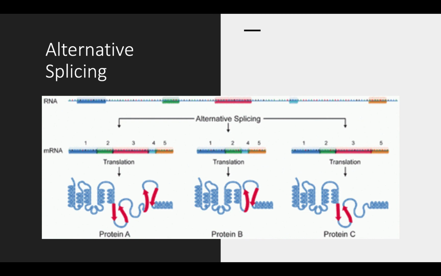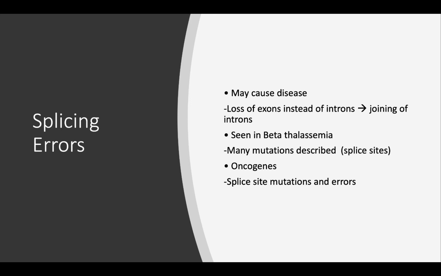Can errors happen in splicing? Yes, splicing errors are present. What can happen? Obviously, you might remove an exon by mistake, or keep an intron that you should have removed, or leave an intron in place of an exon. So this can happen. Beta thalassemia is something that we